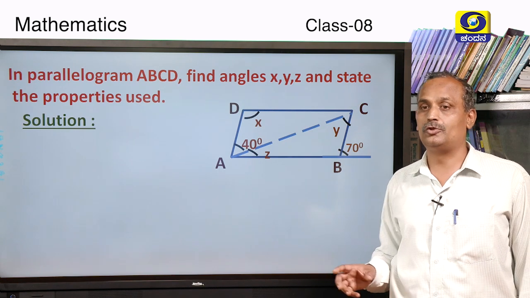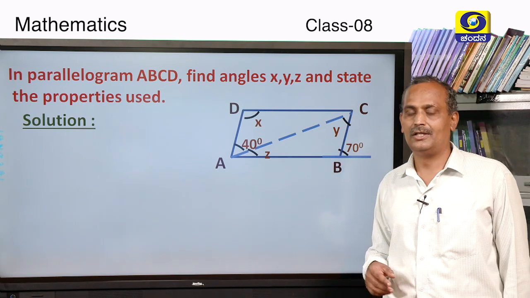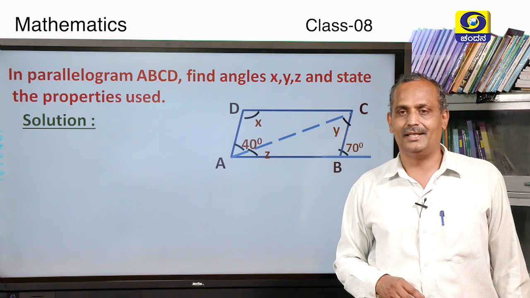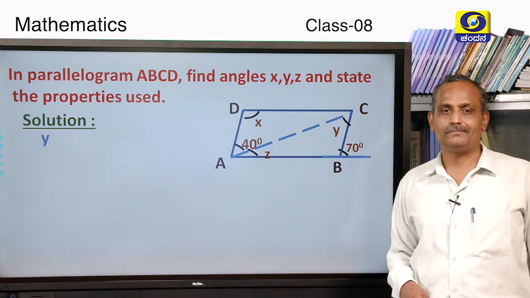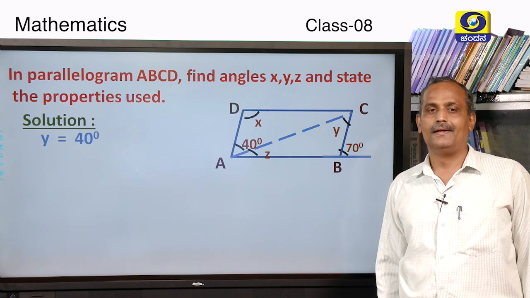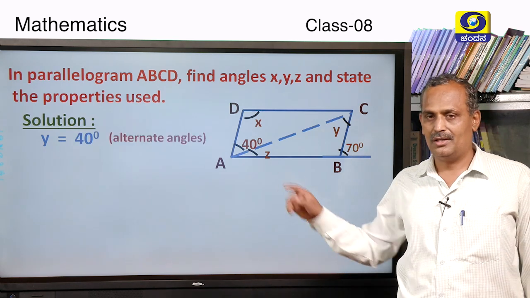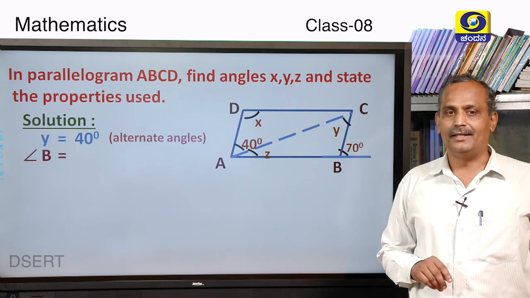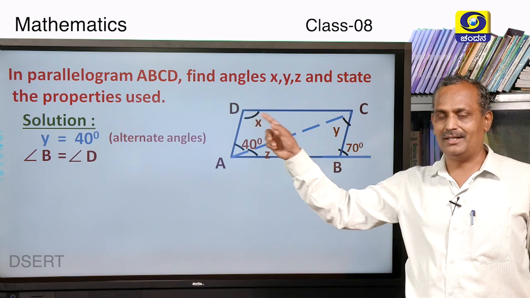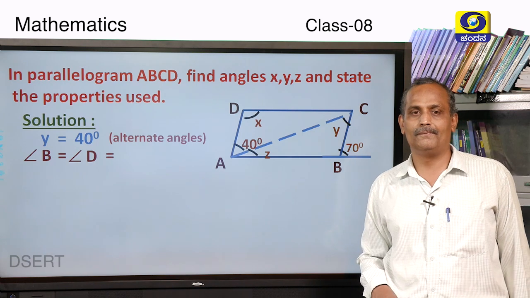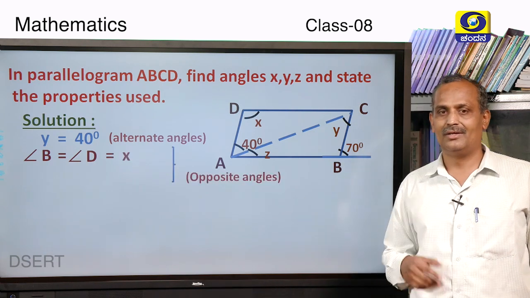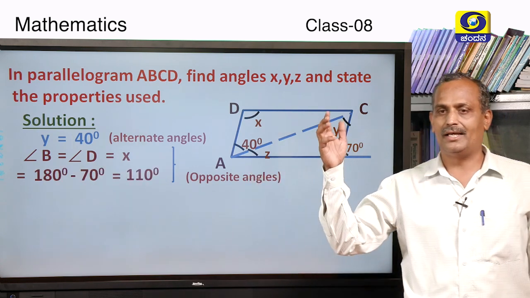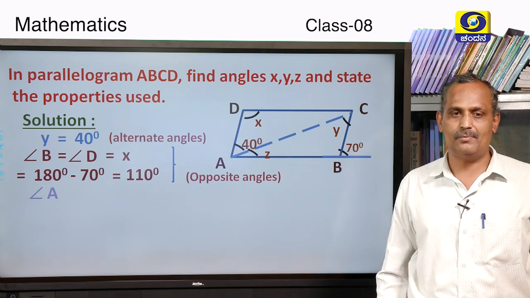Sum of inner angle should be, what is the sum of these two angles? So, if it is 70, it is 110 degree. Sum of those two angles is 180 degree. Now, let us find X, Y, Z. So, Y is 40 degree because angle A, this 40 degree is alternate angle to angle Y, and angle B is equal to angle D. They are opposite angles of a parallelogram and they should be equal to X and they are opposite angles and it is nothing but 110 degree because a ray BC stands on line AB.